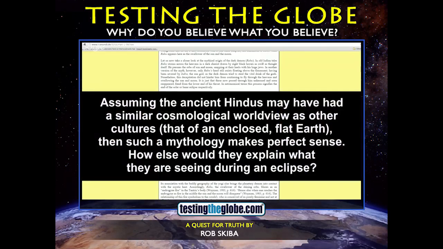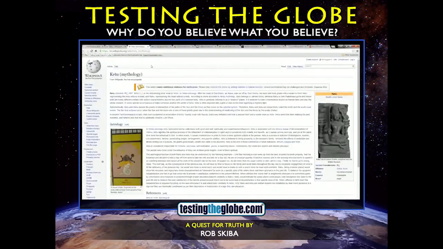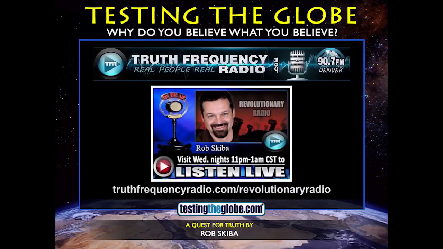So basically, they have this idea of this floating head of a god out there that tries to swallow up the sun and moon, but obviously, because it's decapitated, the sun and moon just exit the other side. So that would give the illusion that we see in the sky, from a mythological perspective, of this rounded object coming up on the moon, and then the moon going through it and coming out the other end. So you can kind of see where they get that idea from. And you can look them up on Wikipedia or elsewhere online. This is Rahu right here and Ketu right here. So if nothing else, here are some things to think about, okay?